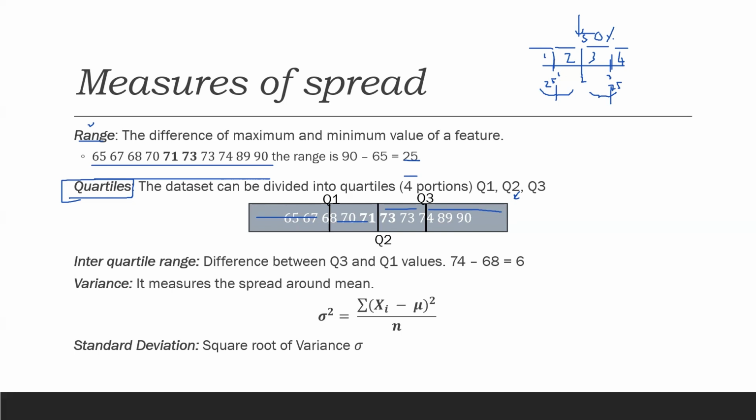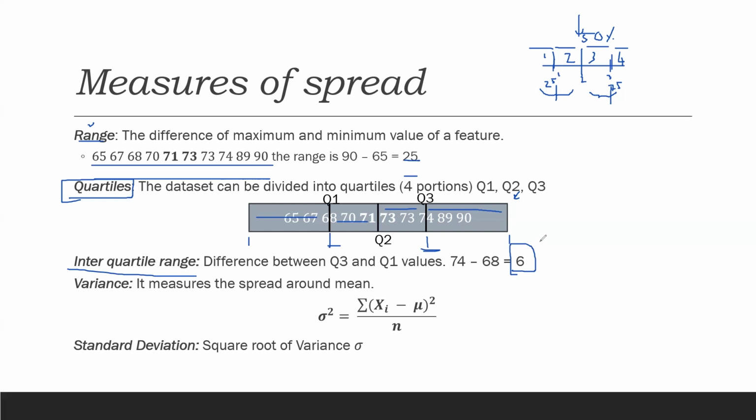So after you have the quartiles, you can know in the first quartile what is the range, what is my start value and what is my end value. Similarly, for the last quartile, what is my start value and what is my end value, and so on. The difference between the Q3 value and the Q1 value is nothing but the interquartile range. So you're just trying to see how spread the data is. When you arrange it in four quartiles, you're looking at the difference between the first quartile and the third quartile. The lower the difference is, the better. Okay, the more condensed the data is.